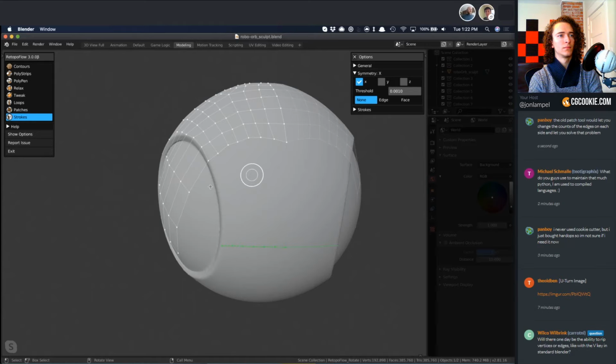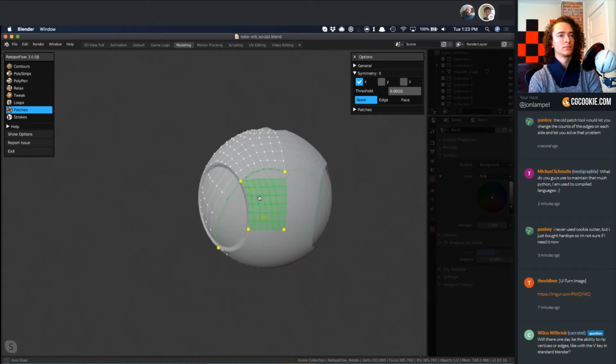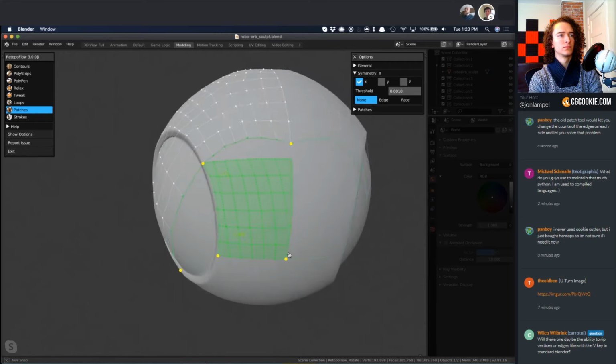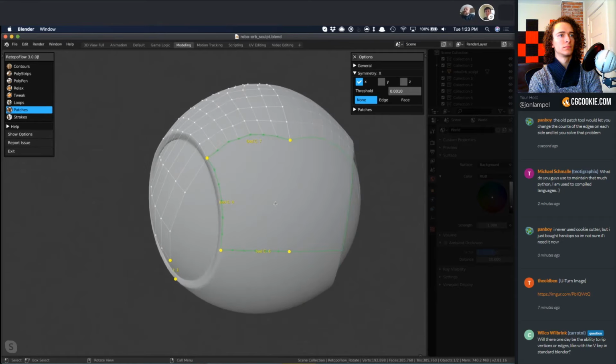To give you another example, we could say have this stroke here, and then I'm going to just draw a stroke down from one vertex to the other just to create an edge profile, something like this. And then I'll adjust my segments, and then in the patches tool, I'll just select those loops, and you can see it automatically tries to fill. Now, we don't have quite enough results here, partially because of our other selections, perhaps. So here we have 6, here we have 7, and so if we just go down maybe with our polypen tool, we can just insert another vertex there,